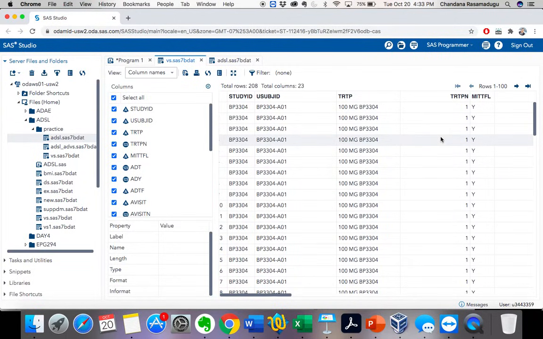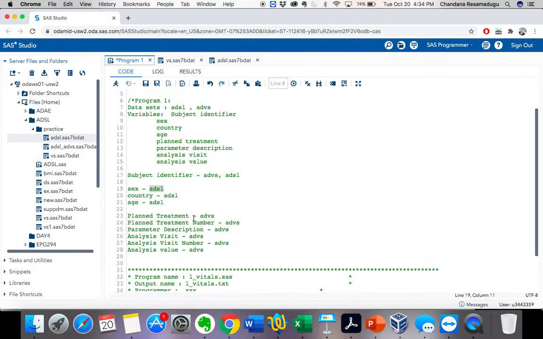For that reason I'm going to take both TRTP values and TRTPN values, but while printing the end result I need only the TRTP values. I don't need TRTPN, so I will simply drop the TRTPN variable. For that reason I am taking both planned treatment and planned treatment number.